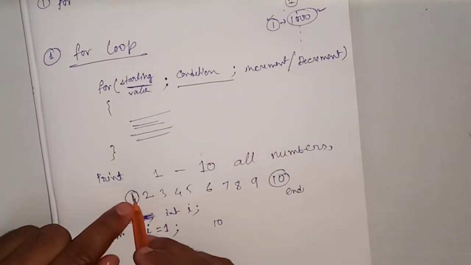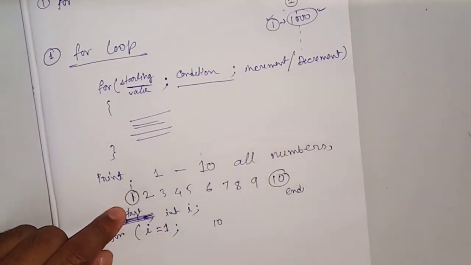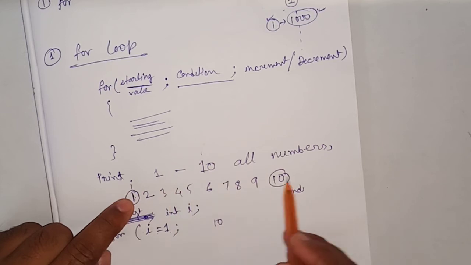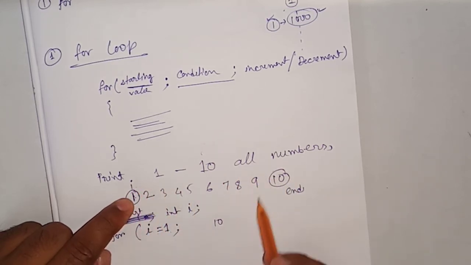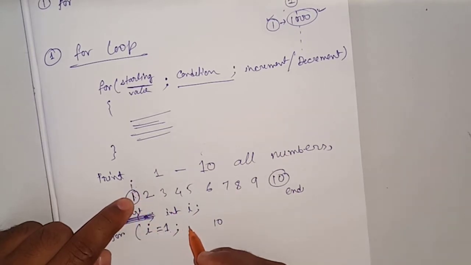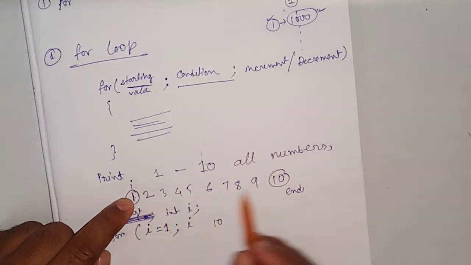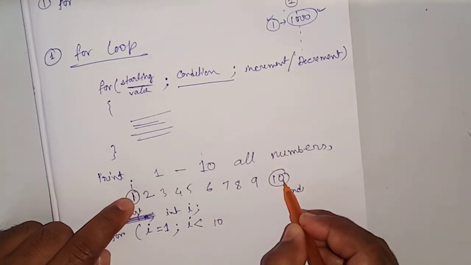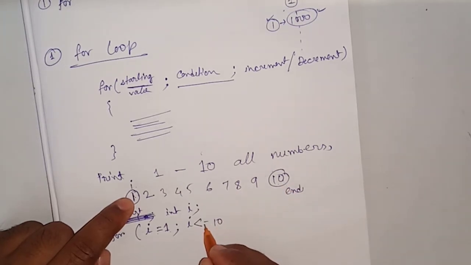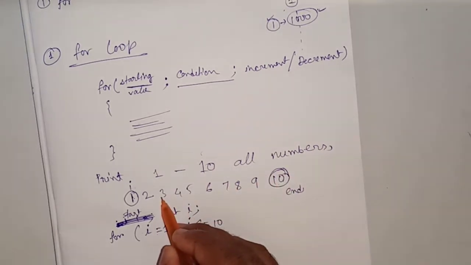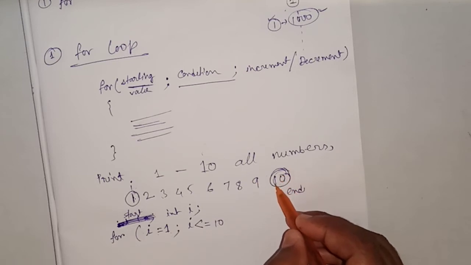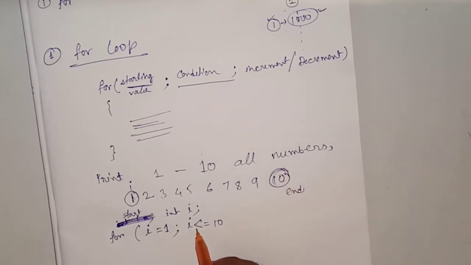Now the value of i starts at 1. Who reaches this 10? i reaches this 10, meaning at one time i becomes 10. So we are comparing i. Now look, all these values are less than 10, and this last one is equal to 10. Because the ending position has all smaller values on the left side and the last one equal to 10, we write i less than or equal to 10.